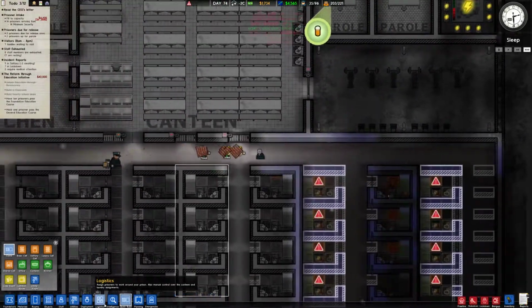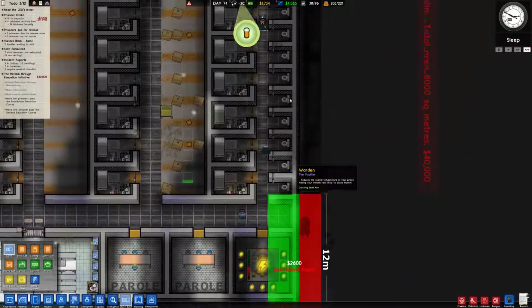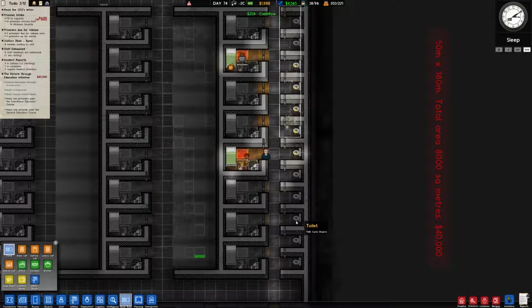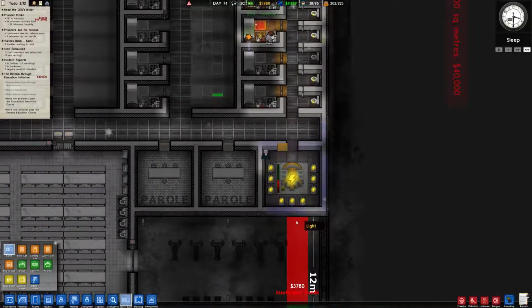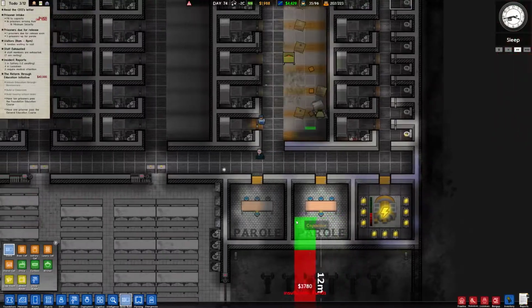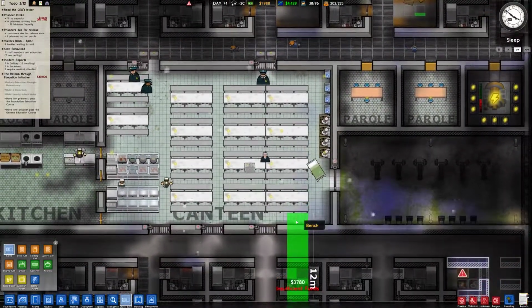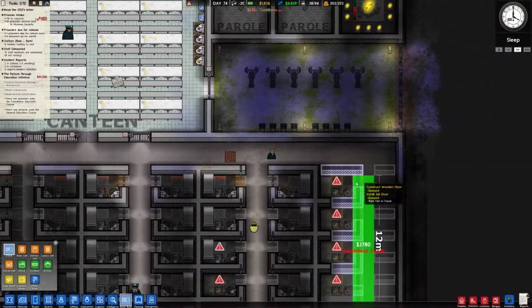Sad face. Okay. And maybe we should get some more solitary cells. I mean, we don't technically need more solitary cells, but quite frankly, I've got nothing else to do with that little... Oh, God. No, let's go back down to 2 speed. I've got nothing else to do with the little sliver of space that we have on the far right-hand side of the cell block. So I may as well...